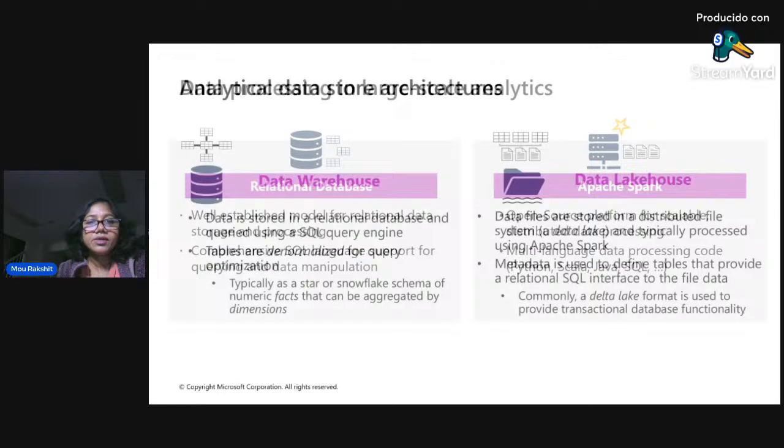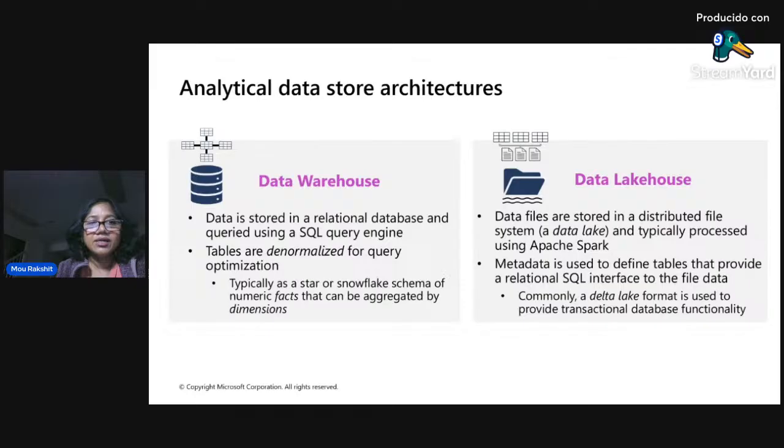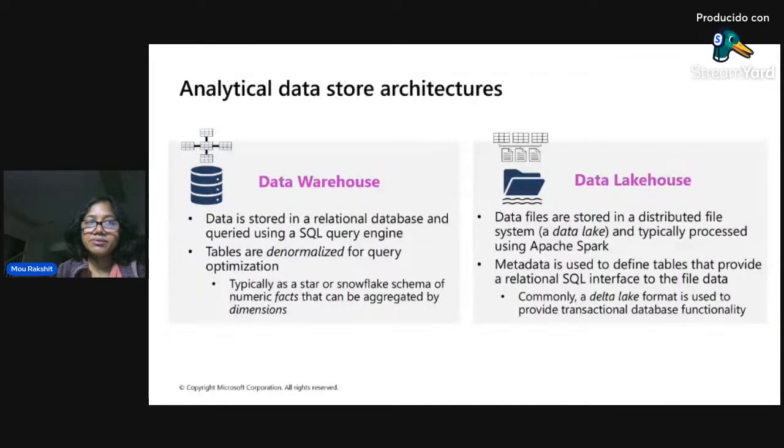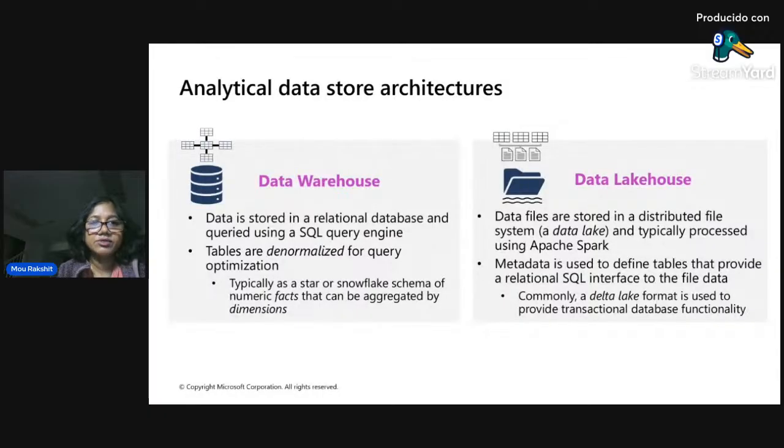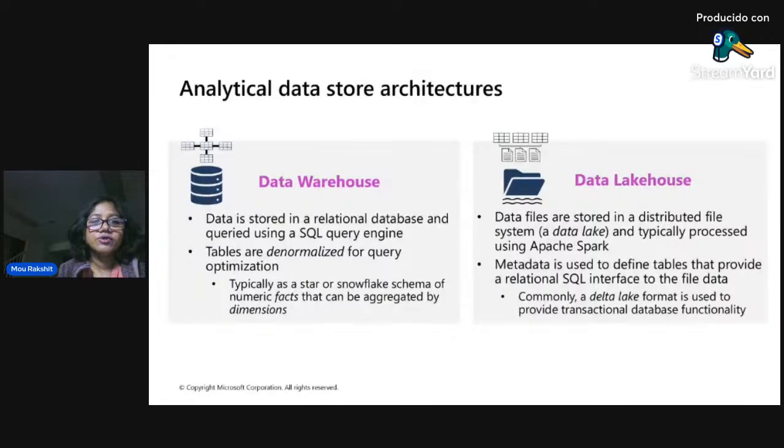Okay. So now, analytical store architecture. So how do you design the data model within your analytics data store? Traditionally, you might have used data warehouses, and here also you'll be able to use data warehouses where the data is stored in a relational database, which is structured row columnar, as I was mentioning, and it is queried through SQL query language. Tables are denormalized for query optimization.